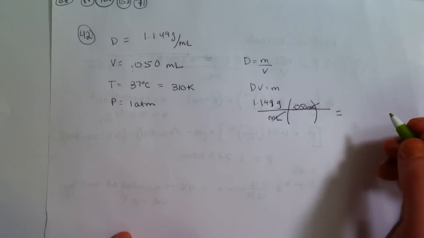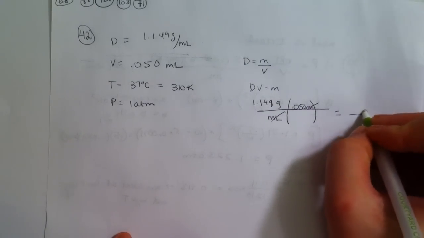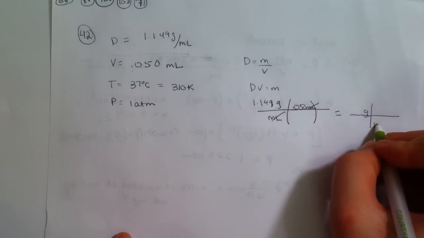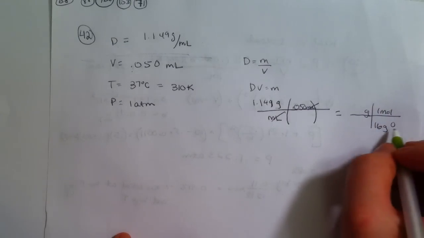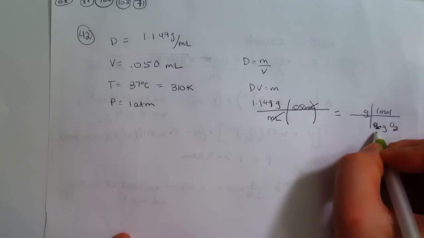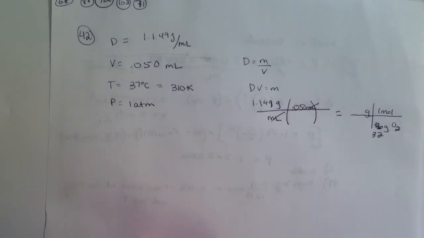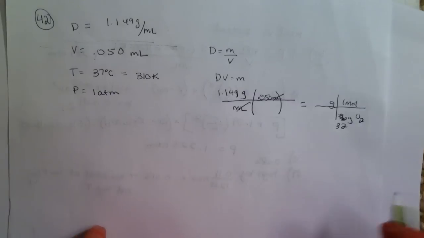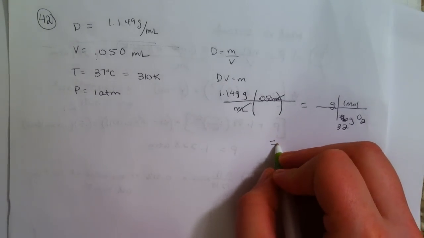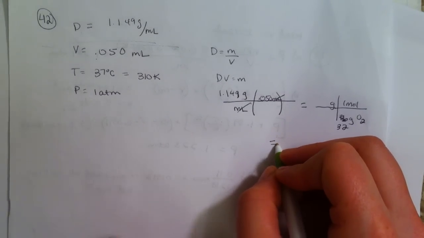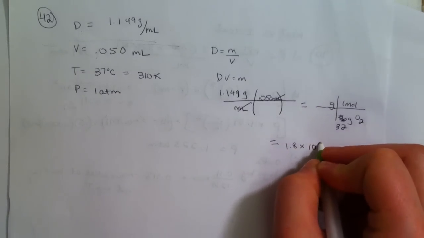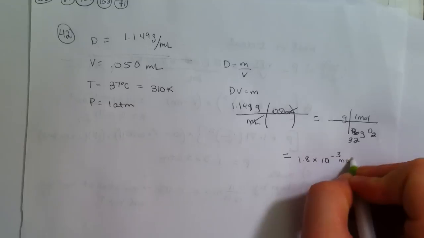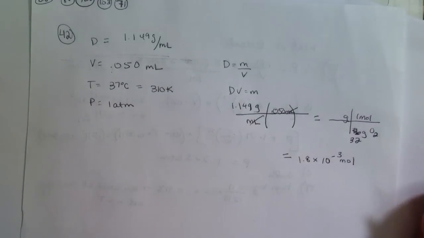And I can actually go from grams of oxygen, and I know that there's 16 grams of O and 1 mole of O, but this is actually O2, so I'm actually going to use 32 grams of O2, and 1 mole. And so what I'm going to find here is that the moles of oxygen is 1.8 times 10 to the negative third moles. So now I'm just going to use PV equals nRT, and what we're going to find